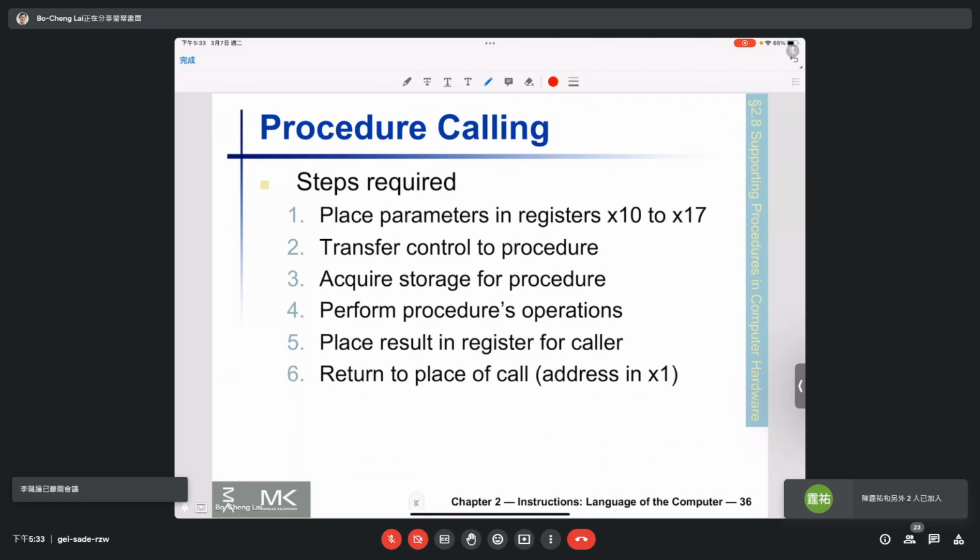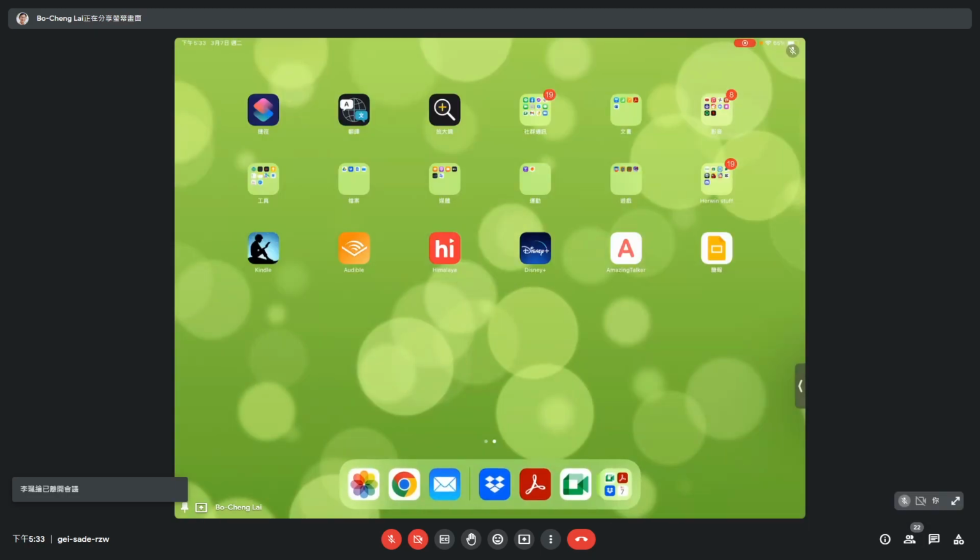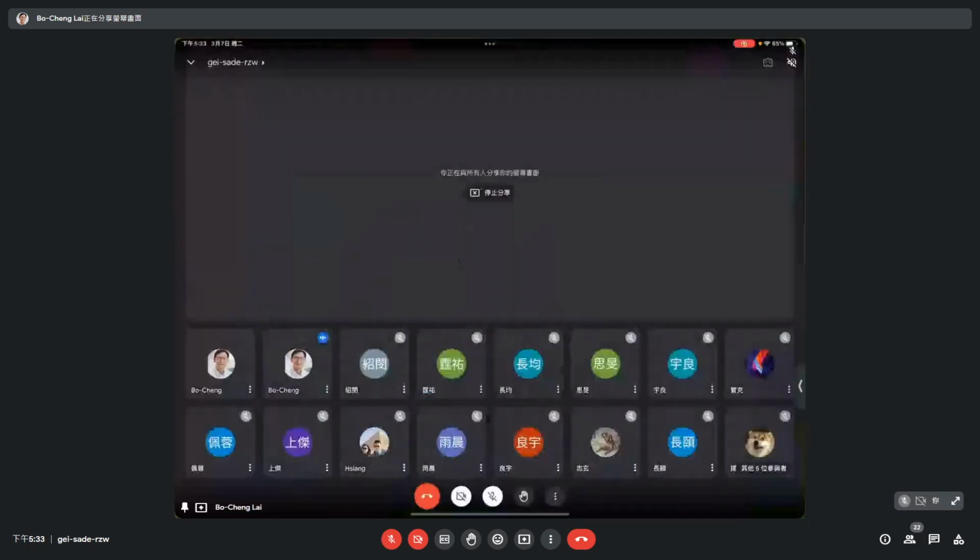第一个是想要说，the instruction set 跟 instruction set architecture